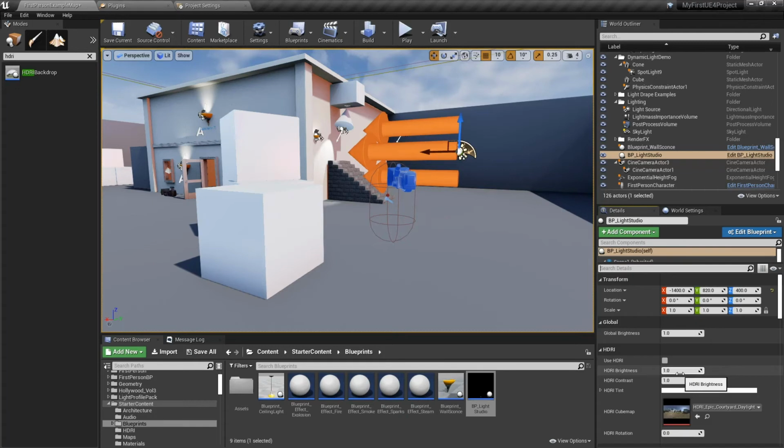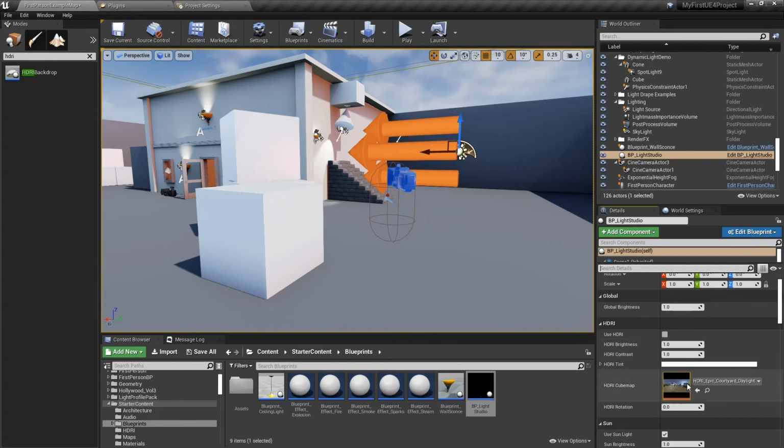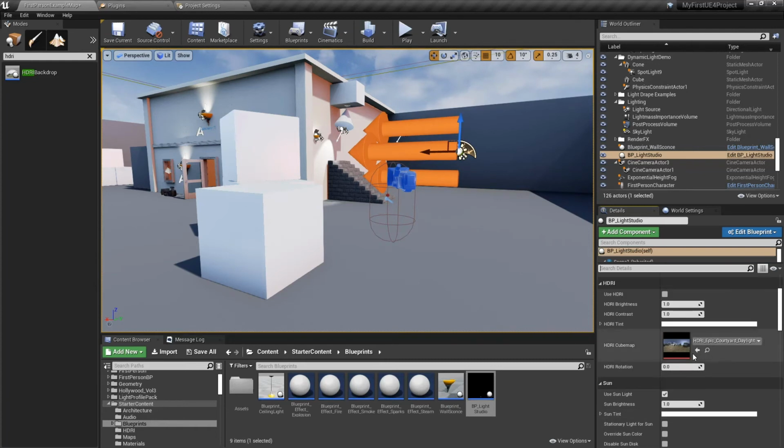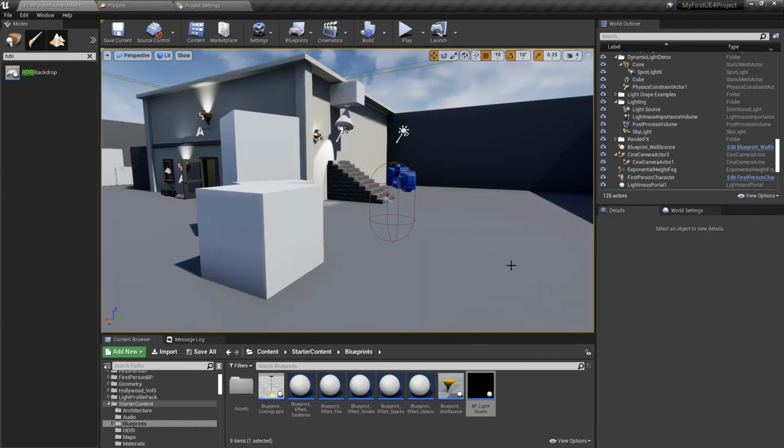So we've got the ability to drop in an HDRI cube map, and there's also global brightness settings, and it's a whole blueprint that's dedicated towards giving you a lot of control with some advanced lighting options based off an HDRI environment. Okay, let's delete that.